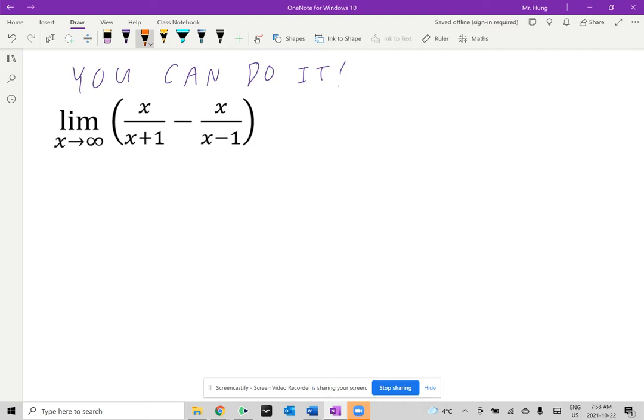Hi everyone, let's take a look at the following limit. Find the limit of x divided by x plus 1 minus x divided by x minus 1 as x is approaching infinity. Now step 1 is if you do plug in infinity, and I'll do this on the side here,